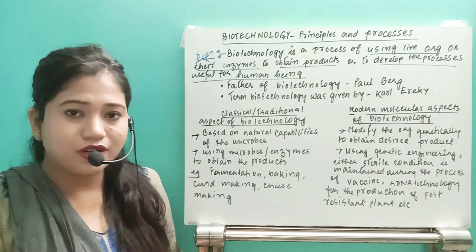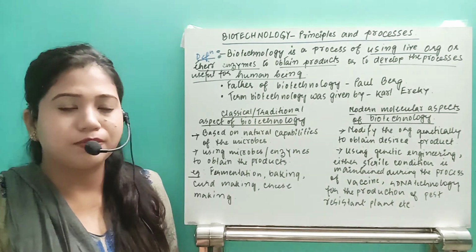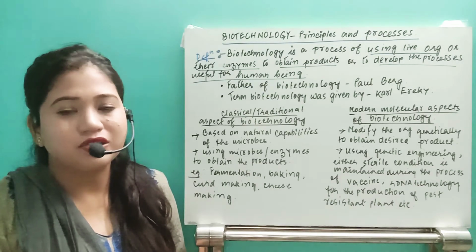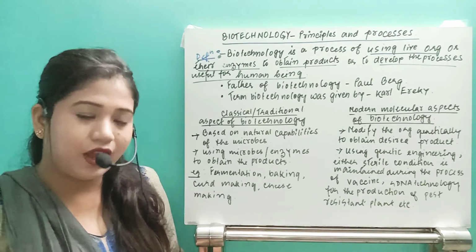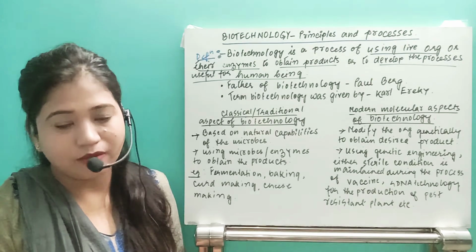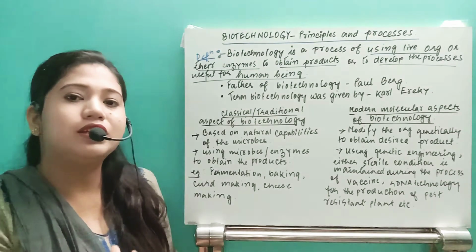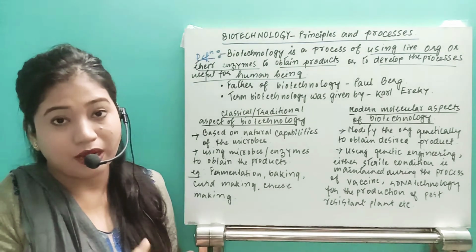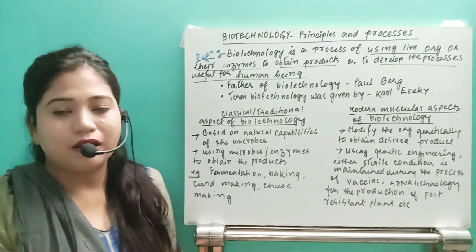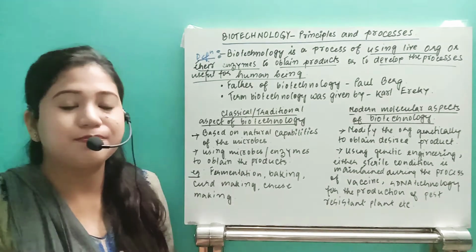Now let me tell you what is PCR, in just the definition, or the very simple basic idea. PCR is actually just like a Xerox machine where you can have only one gene or two genes, suppose, in a DNA fragment. Then if you add it into the PCR, it can give you the desired number of copies of the same DNA fragment. That means it can Xerox the DNA fragment. Xerox means it can multiply.